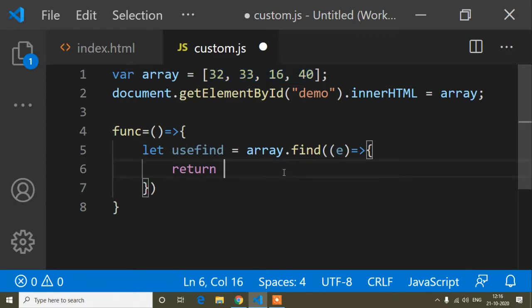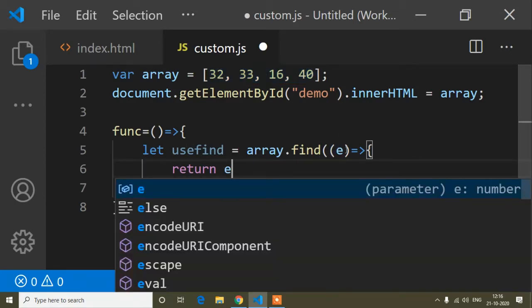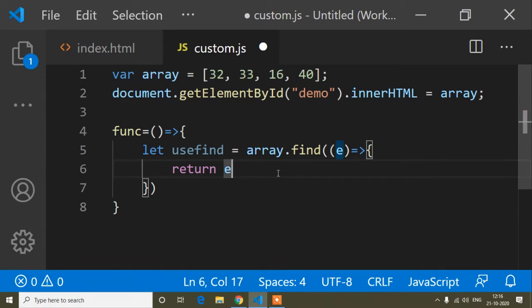So I will write here e, meaning this function name e. So e is greater than or equal to, and I will put a value that is 18. Okay, so e will be the same as or more than 18.